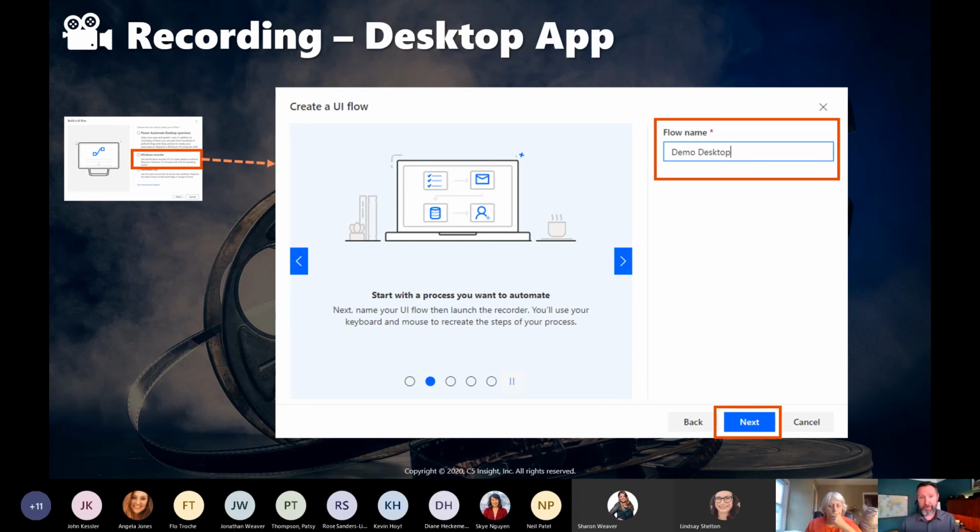And I made this a desktop application, partly because I wanted you to see the experience of these two different ways of building things. So now I'm saying, okay, I'm going to create a new UI flow, same way I did before, new UI flow. I'm going to say this time it's a Windows UI flow. So I click that. I need to name the UI flow. I get a little dialog box similar to the last one, give it a name, go ahead and click next